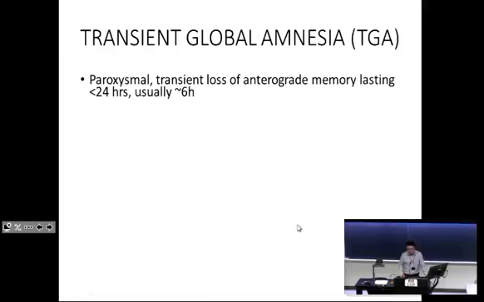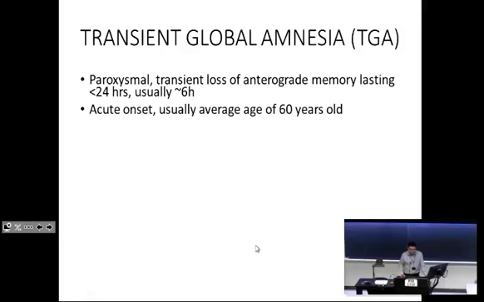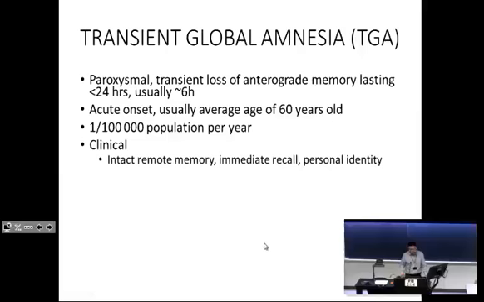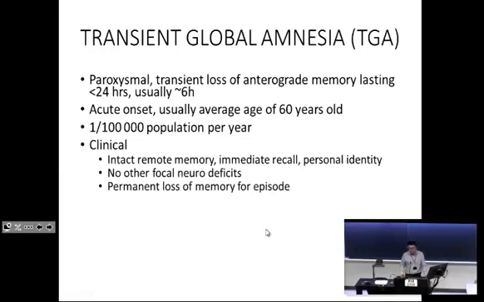So transient global amnesia, it's very profound. I hope you guys do get to see a case. One, because it's actually quite benign for the patient. Two, because you will never forget it. And it will actually improve, I think, your acumen as physicians. But you get this very profound anterograde amnesia. It's basically like they've turned into HM for a day. And it's very common. But the thing is, it completely reverses. And there is no permanent loss in difficulties.